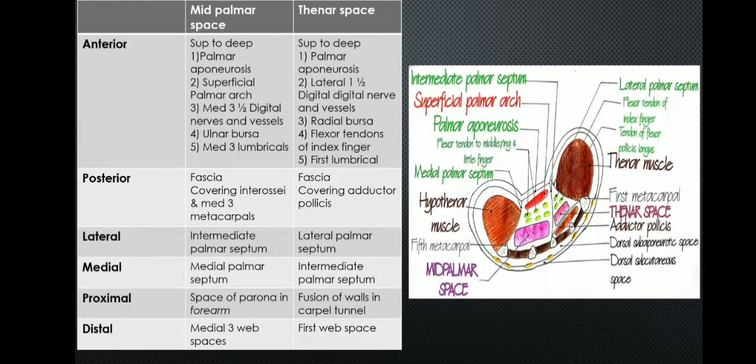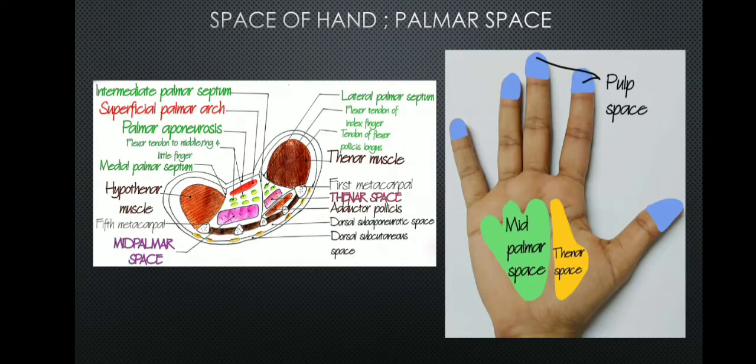Now moving on to the thenar space, which is also triangular in shape, as you can see in the image. It is situated under the outer half of the hollow of the palm, and it extends distally from the margin of the proximal transverse palmar crease to the distal margin of the flexor retinaculum, and it communicates with the forearm space